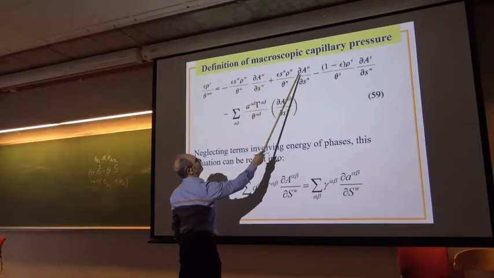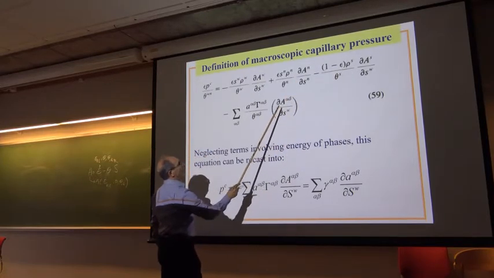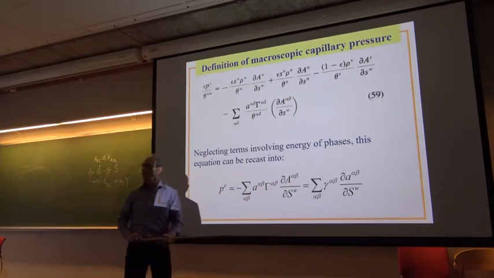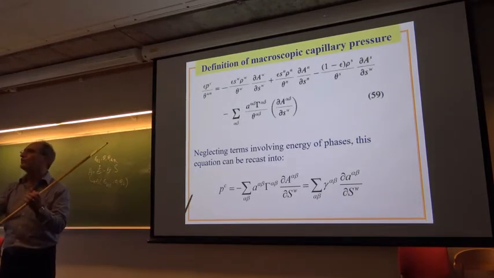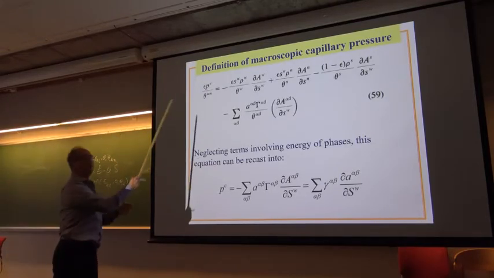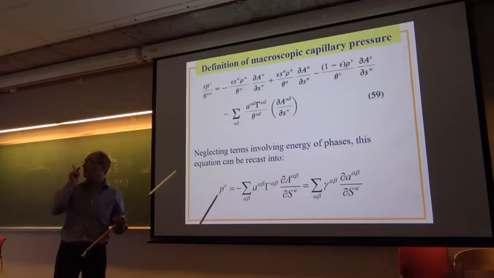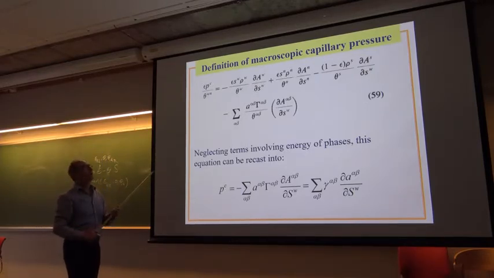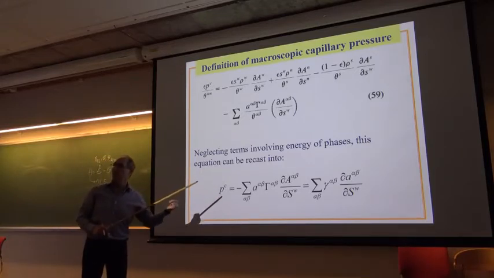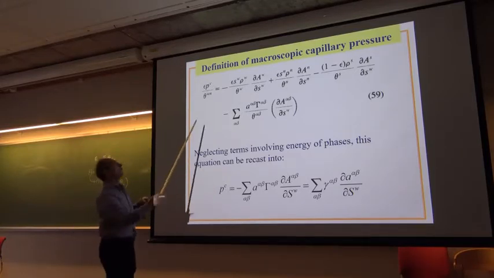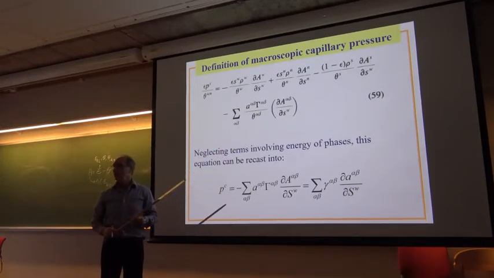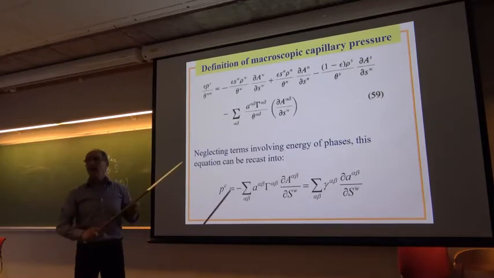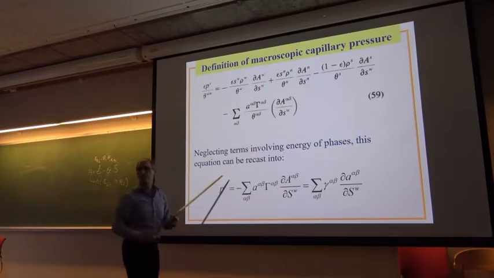We see all the free energies are here as a result of change in saturation. If you change the saturation of the system, you will change its free energy. And the stronger this is, the larger that PC will be, and the other way around. So these are related to each other. We'll see in a minute that under equilibrium conditions, I find that Pn minus Pw is equal to this. And they say, oh, so that is capillary pressure, the macro scale definition of capillary pressure.